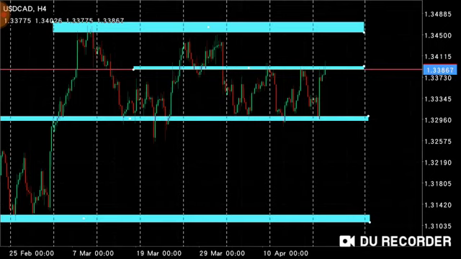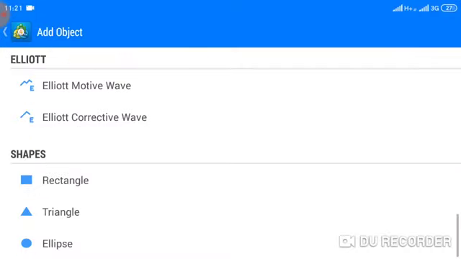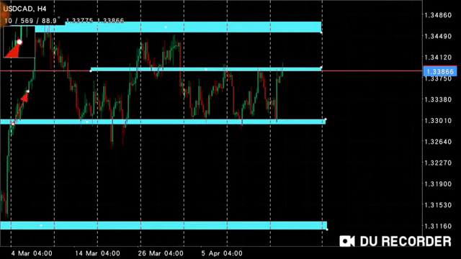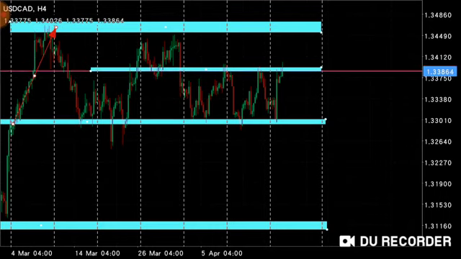Ngoja tuanze kuona from our past event. We can see price imetoka from our support zone. Yes, that is the demo account I'm using. I'm trying to show you guys. It's a demo account, so you will not be so shocked. Okay, price moved mpaka kwenye potential supply zone. Kwa hiyo price ikifika kwenye supply zone, what we are looking for kwenye supply zone hapa ni candlestick